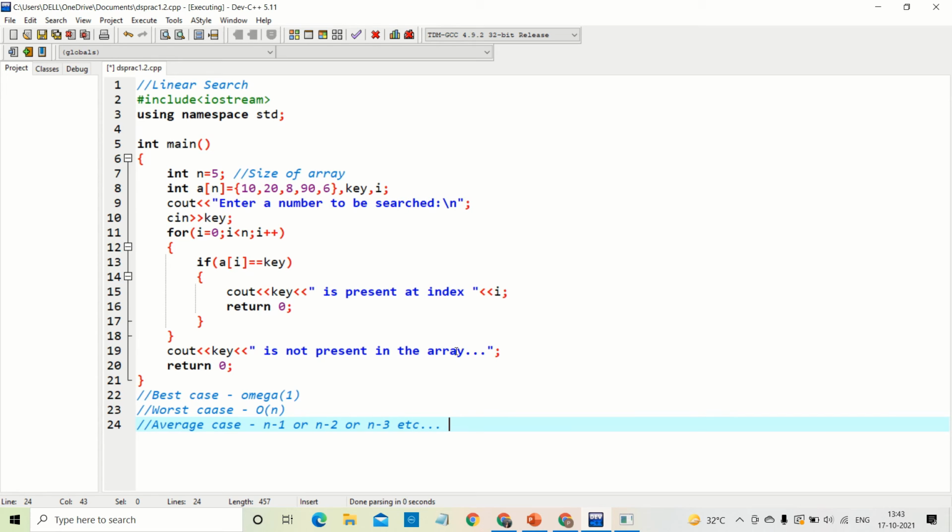So while writing average case, I'll be writing it as theta of n. So that is how we can determine and mathematically analyze and write our algorithm's complexity, or our program's complexity, in this particular way.